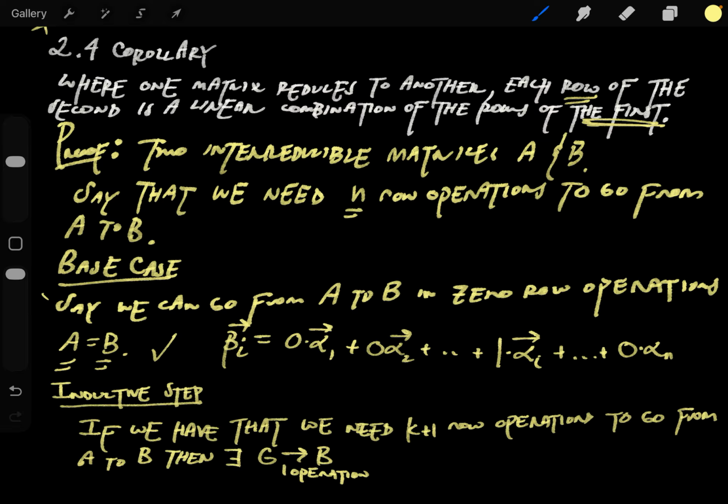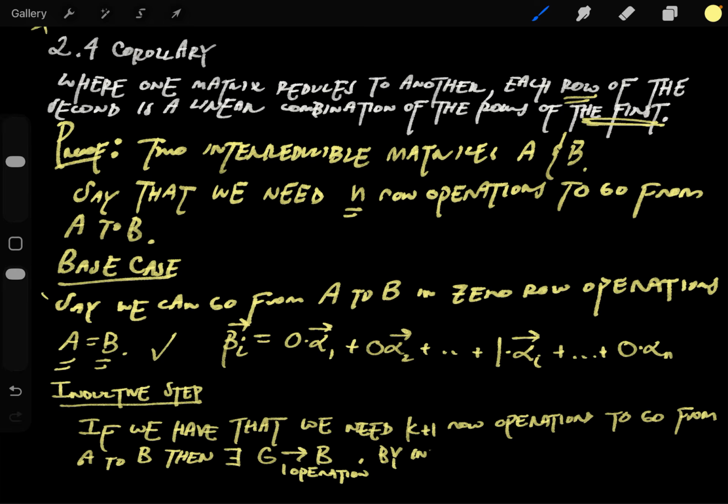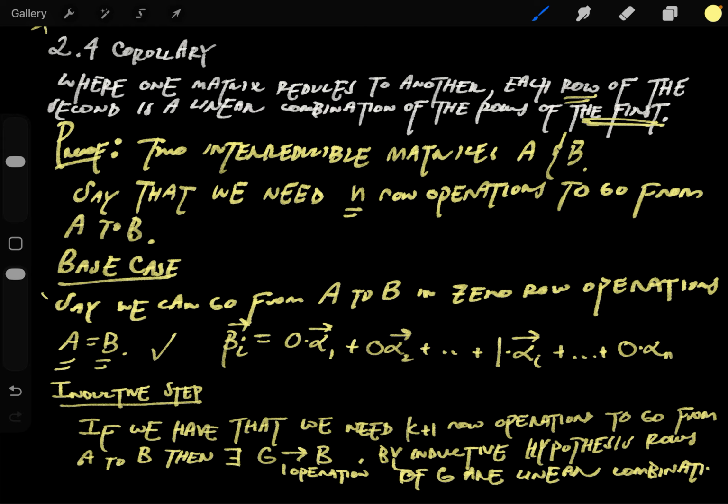And by inductive hypothesis, we know that the rows of G are linear combinations of the rows of A. Now we need to prove that we can go from G to B, and if we have one row operation separating G and B,